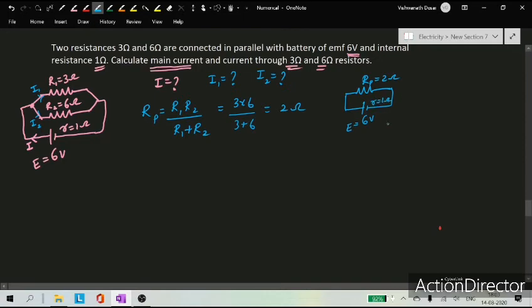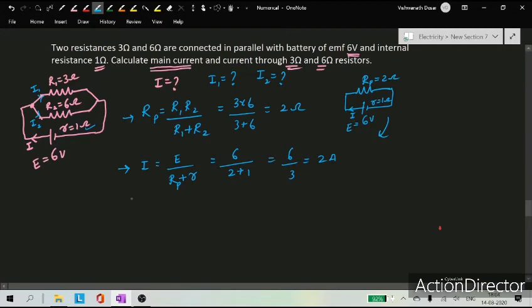So simple circuit. So now we can calculate very easily what is the current. So the second step, second part of this problem, I is equal to E divided by, you can use R plus r. Here R is Rp, equivalent resistance. So E value is equal to 6. And what is the value of Rp here? 2 plus internal resistance value is 1. So this is 6 divided by 3, which is equal to 2 amps. So 2 amps of current.